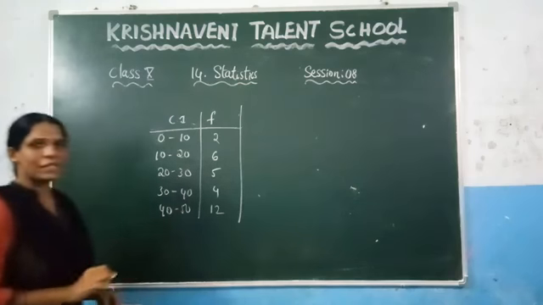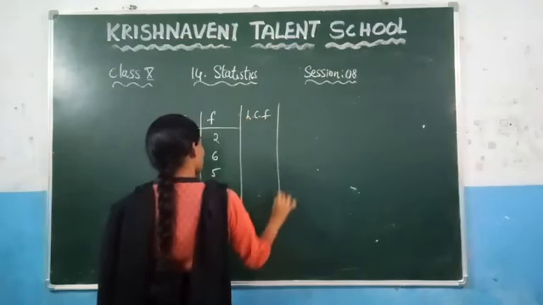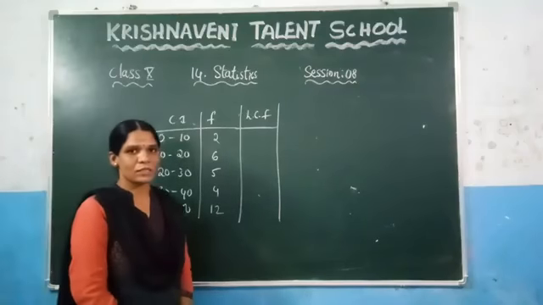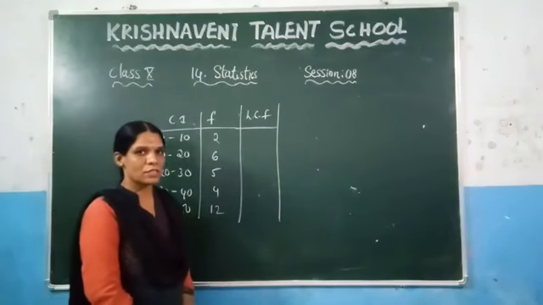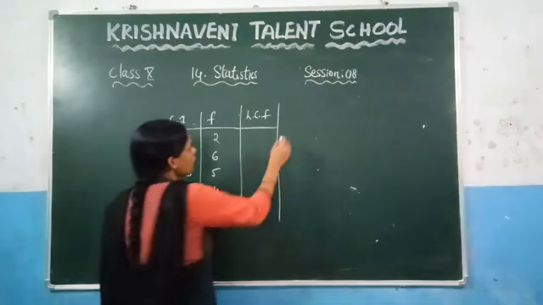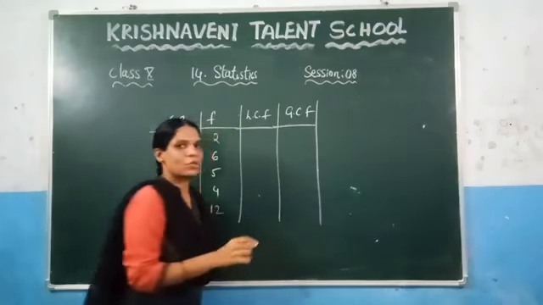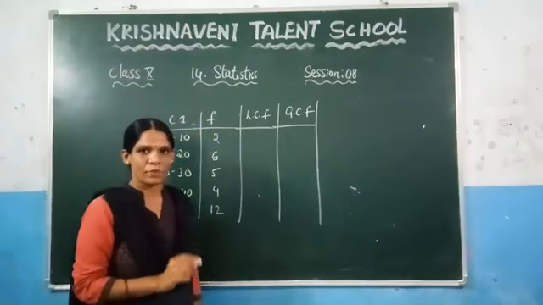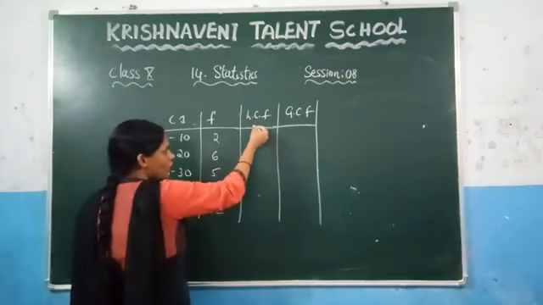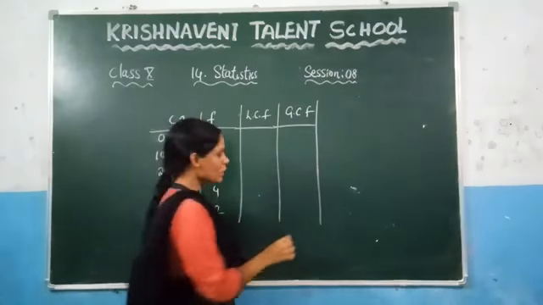If you want to calculate the less cumulative frequency values, you know what is meant by the cumulative frequency. We have discussed it while calculating the median. What is meant by the cumulative frequency? If you are adding the sum of the preceding frequencies, you will get the cumulative frequency. In case of the greater cumulative frequency, just you need to follow the same procedure, but there is only one difference. You need to remember here, while calculating the less cumulative frequencies, you need to add from top to bottom, and while calculating the greater cumulative frequencies, we need to add from the bottom to top.